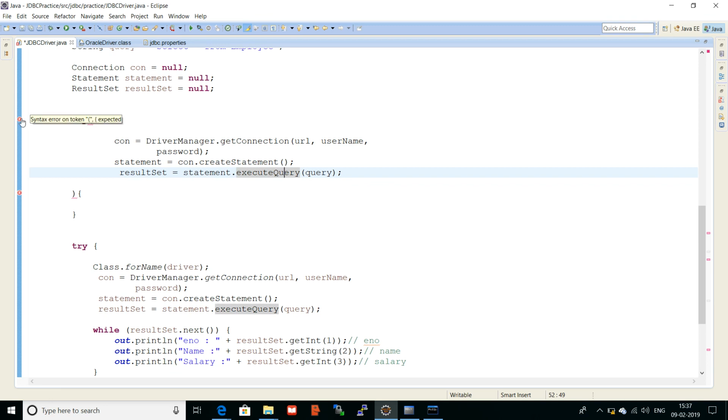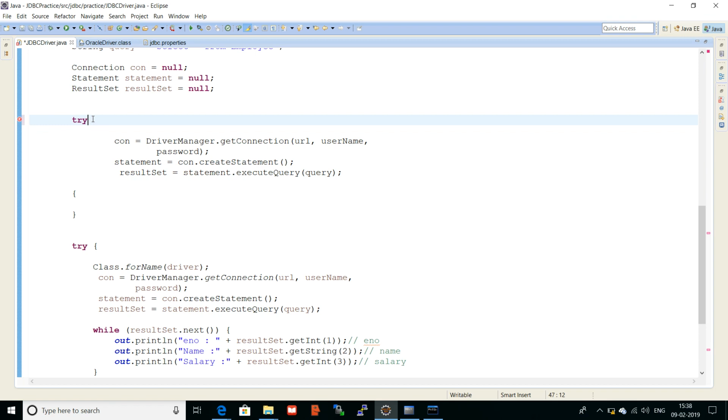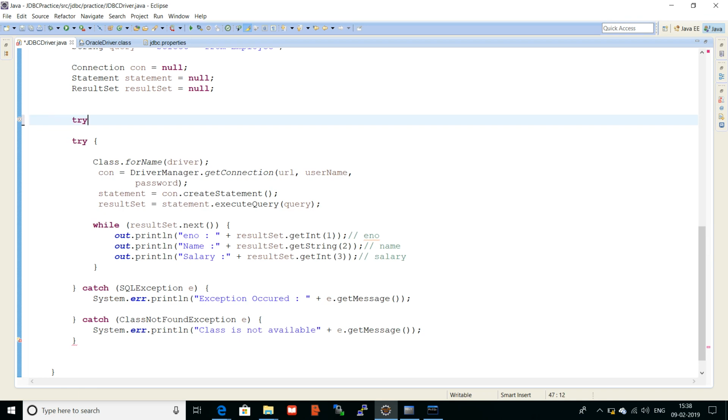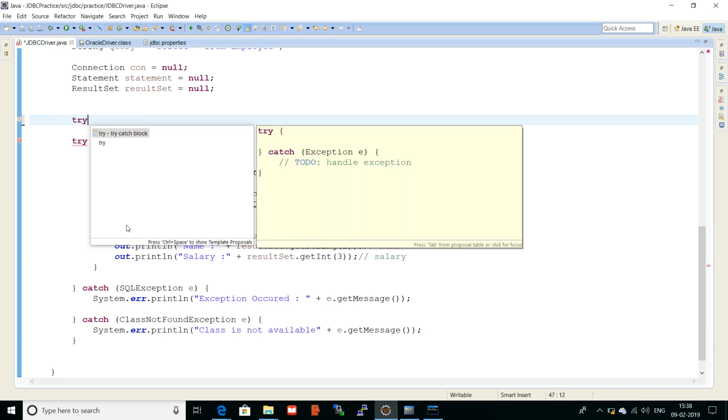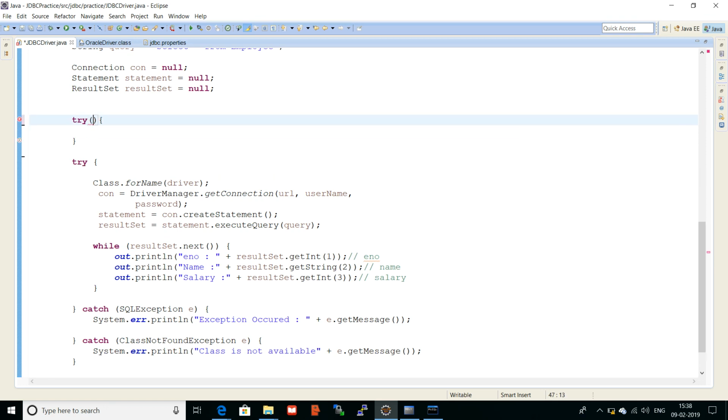What is it trying to say? Delete this token. Even this. No, not in this way. So let me, there will be try with resources. It should be coming, but not sure why it's not coming. Try would be in this way. Let me write